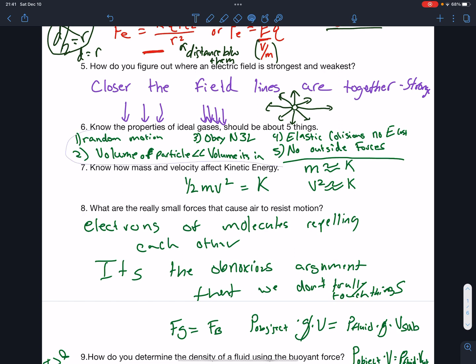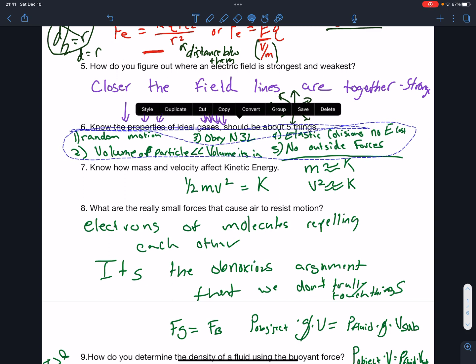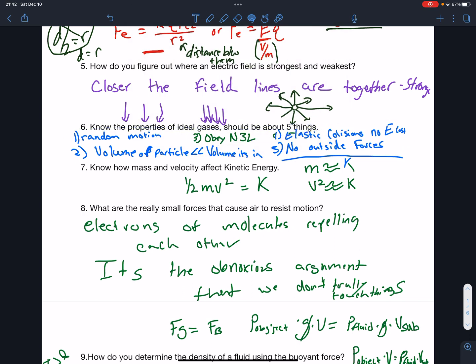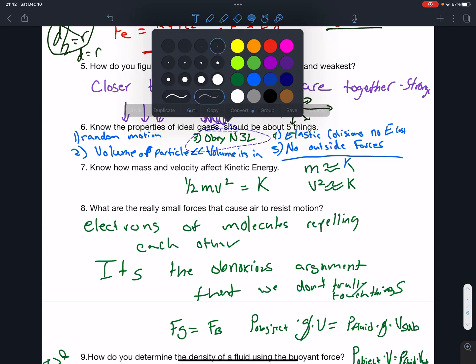Know the properties of ideal gases. So there should be 5 things. There's technically probably more than 5 things if we're being honest, but for the sake of this, we're going to go with 5 things. So the first thing that should be noted is that they are random in motion. So they have random motion. There's nothing guiding them. They're just bit-bopping about